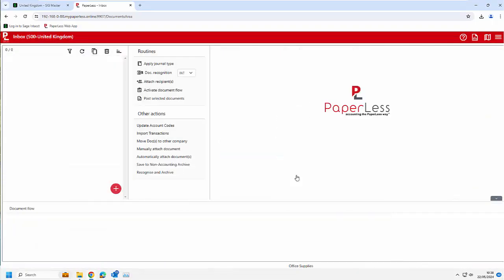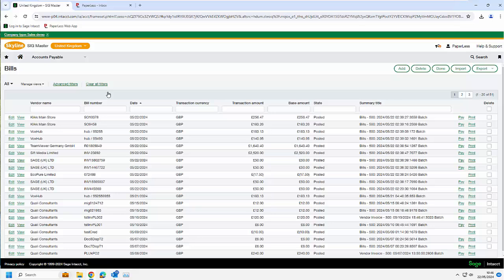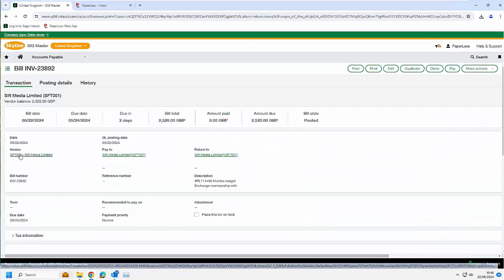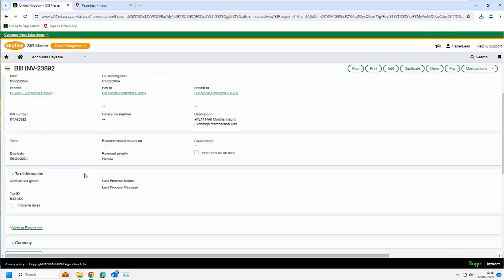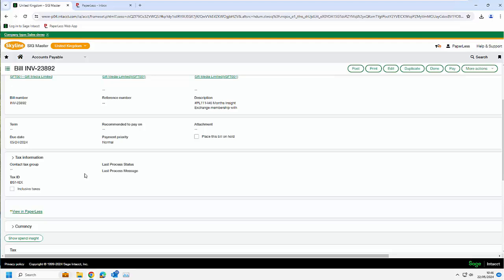PaperLess is now posting the invoices, and if we now go into Sage Intacct, as you can see, all transactions have been posted without the need for any manual data input. With PaperLess, Sage Intacct users can easily reduce the amount of time spent on data input and increase the accuracy